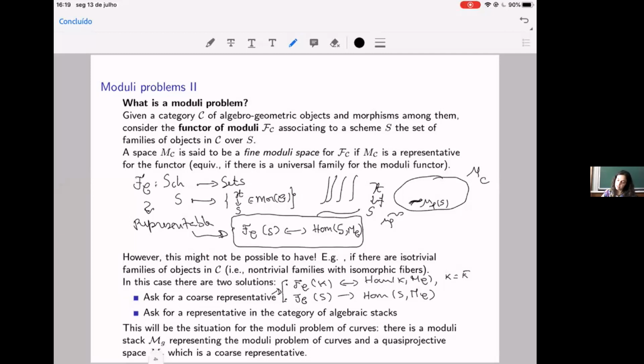So an algebraic stack basically is a category fibered in groupoids where you see over schemes, for instance, and where you ask for some sheaf theoretical conditions to hold, and then the algebraicity comes from the fact that you ask for the existence of an atlas coming from a scheme or an algebraic space. But I will not go too much into detail on this. If someone has specific questions, then maybe we could discuss afterwards,